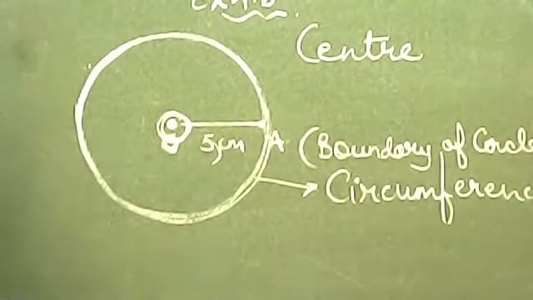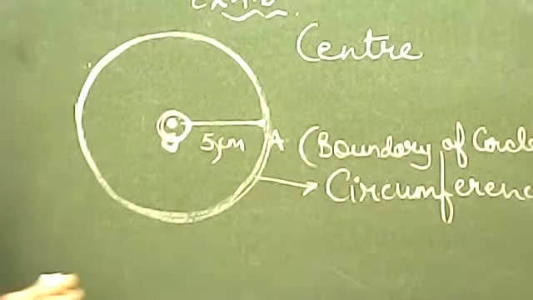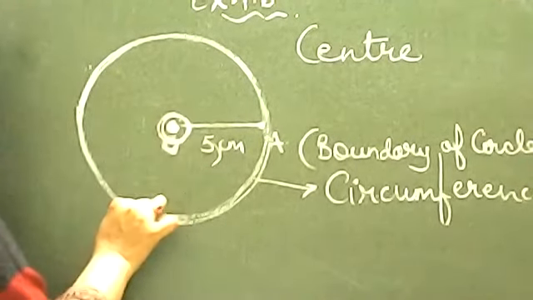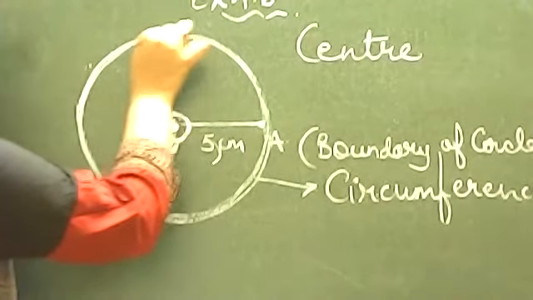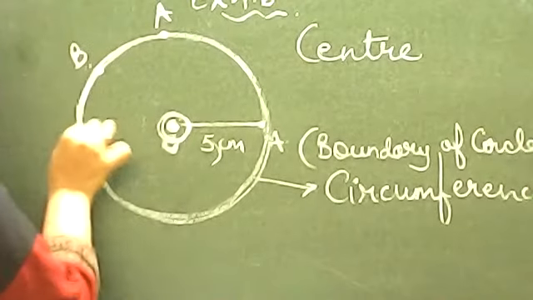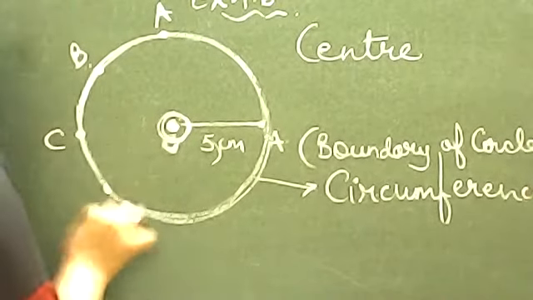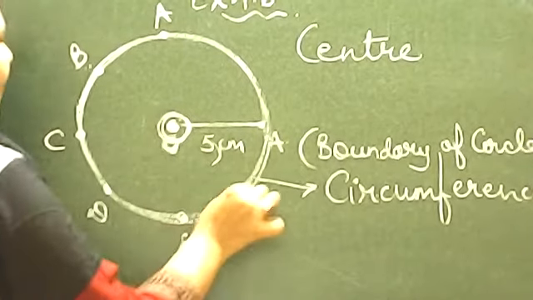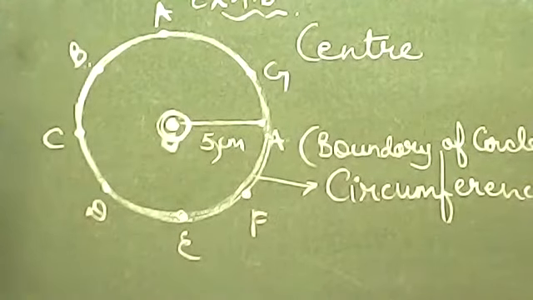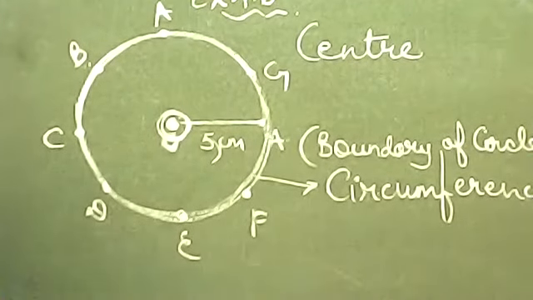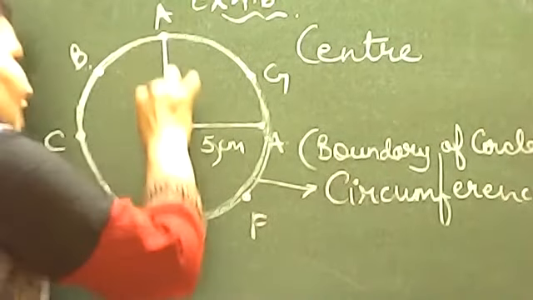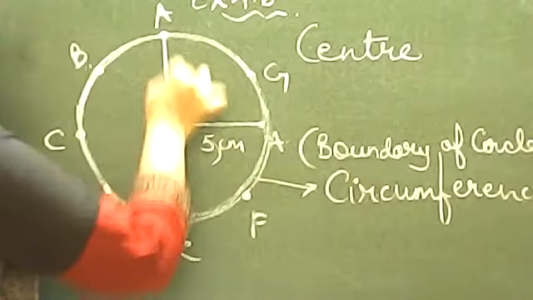Now let's move to another thing. Always remember, center से circumference पे अगर आप कोई भी point लेते हो, for example I took a point A, I have taken a point B, I have taken a point C, D, E, F, or I have taken a point G. Circumference पे जब आप कोई भी point लेते हैं बेटा, and when you join that point from the center, that line segment will be known as radius.